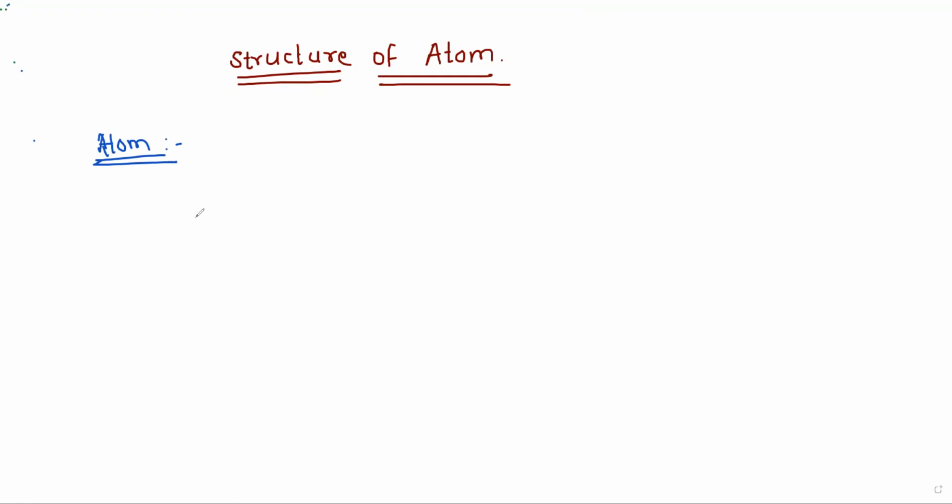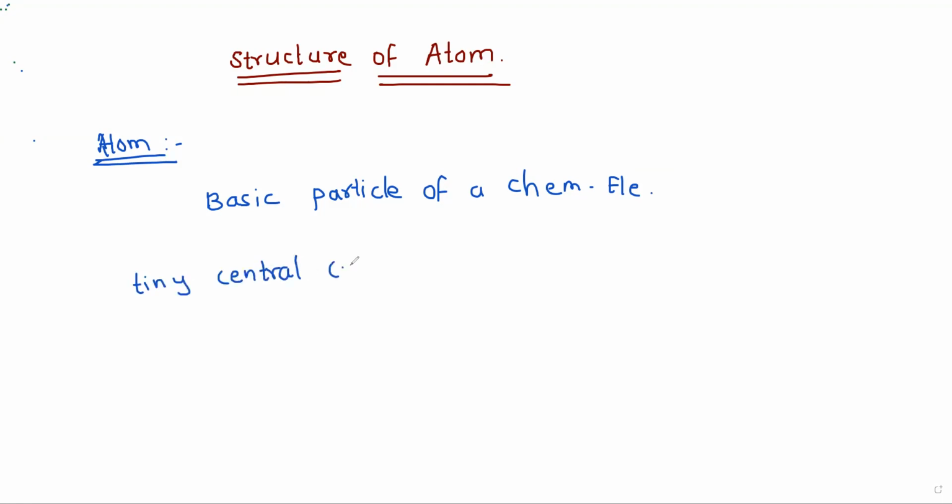We will see a very simple definition of an atom, which is: an atom is a basic particle of a chemical element. This is a very simple definition and very easy to remember as well. So what is an atom? It is a basic particle of any chemical element. Further, we will say an atom consists of a tiny central core, and that tiny central core we call the nucleus. So the nucleus is placed at the center of